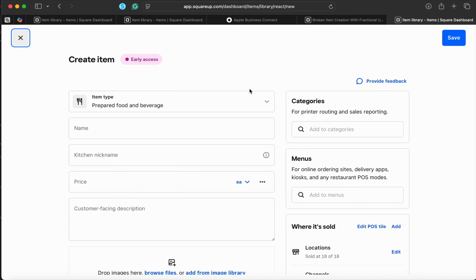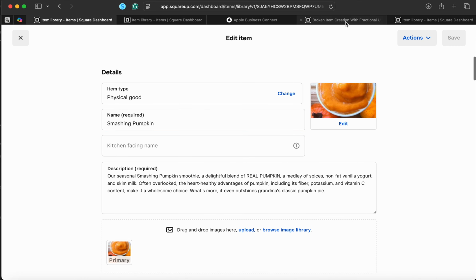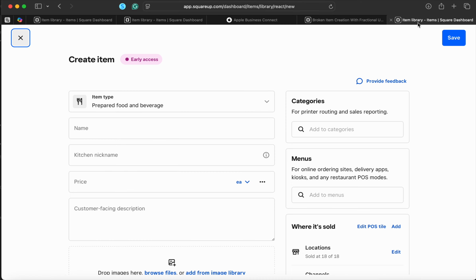Item using the new item creation button. The item that we're going to create is a variation of an item we have called the Smashing Pumpkin. We're coming up with a different variation of this for Halloween. I've never used this feature before, so we're going to roll through it just from somebody that has absolutely no idea. So we're going to call this the Smashing Pumpkin